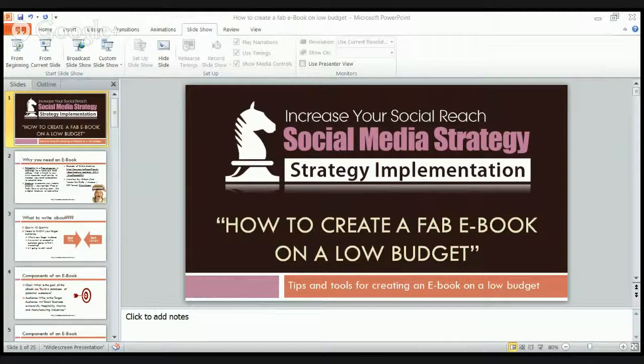So you need to know who your target audience is, who they are, where they hang out, and whether the current or prospective customers are going to find it interesting, if it's going to add value. So you have to think about all that before starting to write the ebook. And to be honest with you,